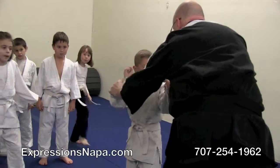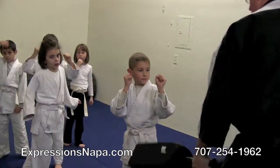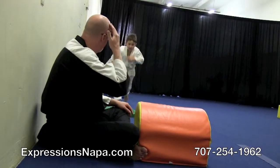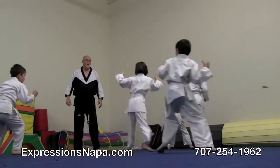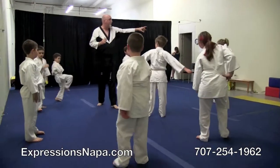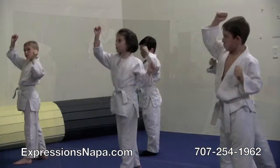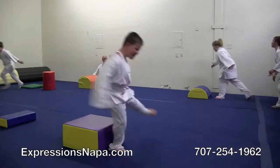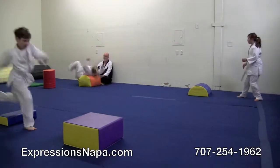We do a lot of movement education, learning how their body works. How does your body work when you're upside down? How does your body work in a roll? How do you roll and be able to get back up? There is kicking, punching, basic forms. You'll learn scenarios, but I try to make it fun and very movement education so that students grow into their